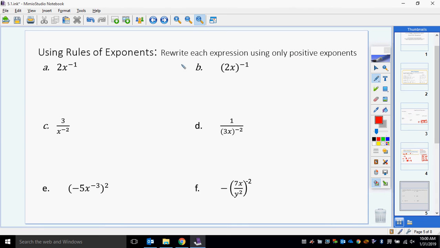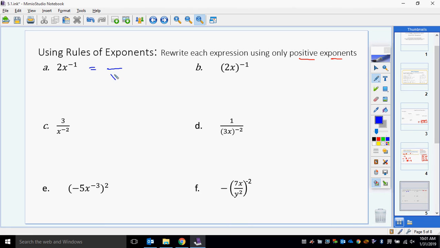Let's use some of these rules to rewrite expressions only using positive exponents. So 2 times x to the negative 1. Notice a and b are different from each other. This says 2x, the whole quantity to the negative 1. This is saying just the x to the negative 1. Okay, so because the x is the only thing that has the negative,